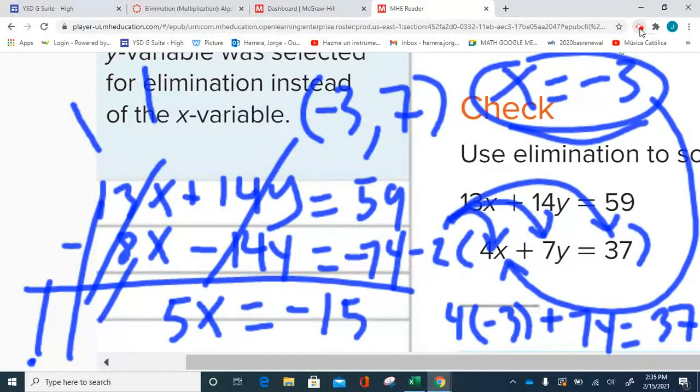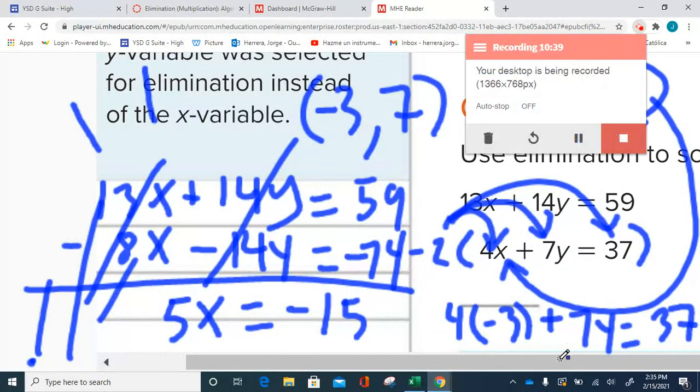All right. Let me see if I can stop this. If I can. Okay, so I need to